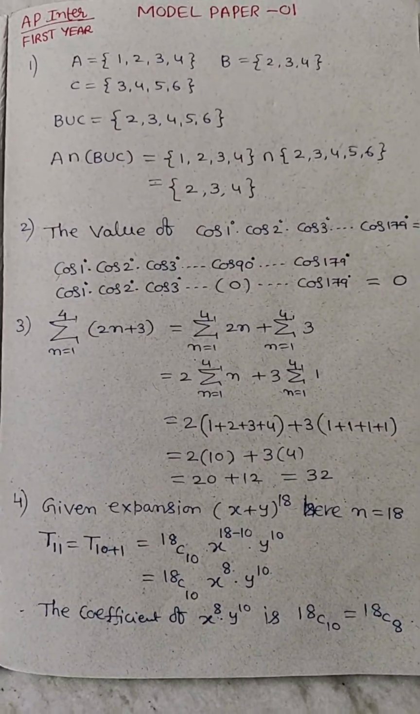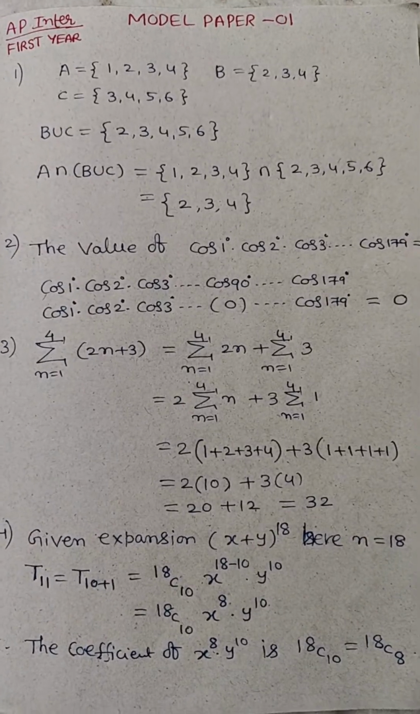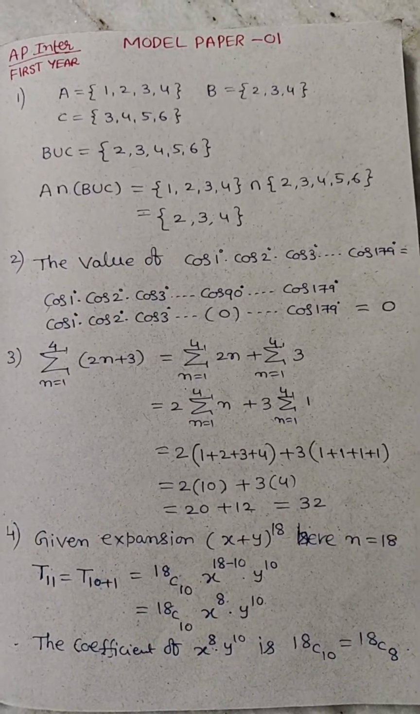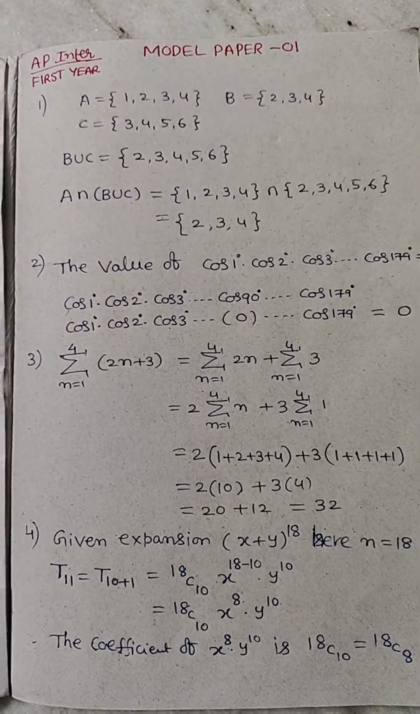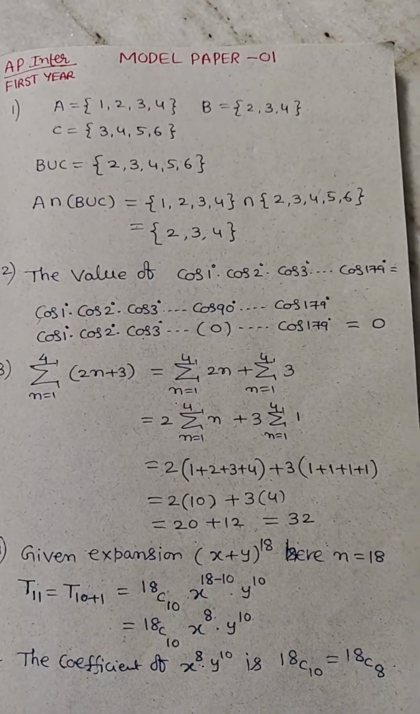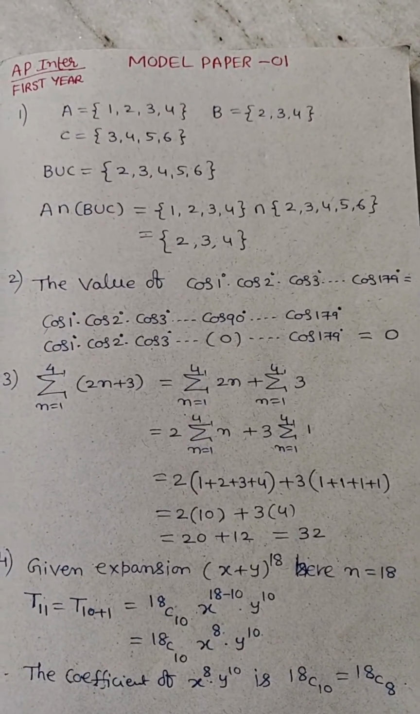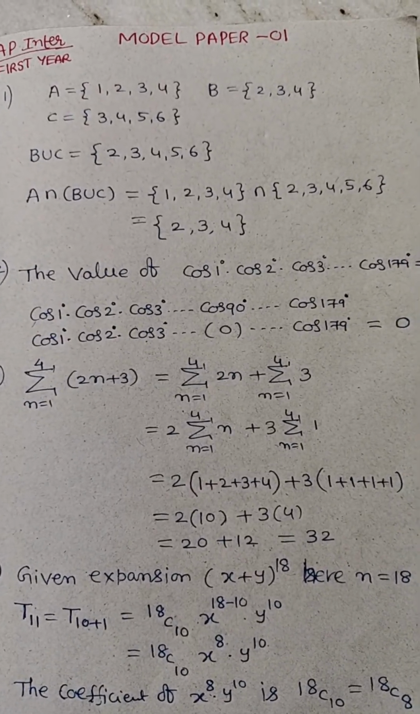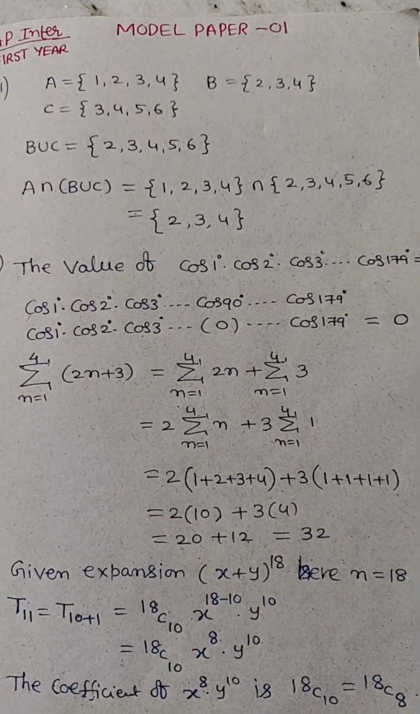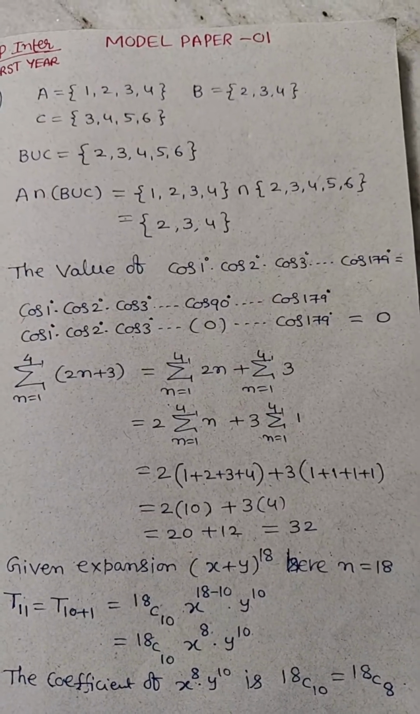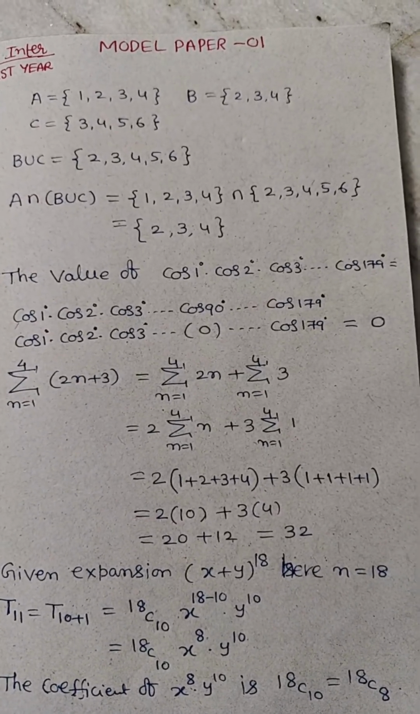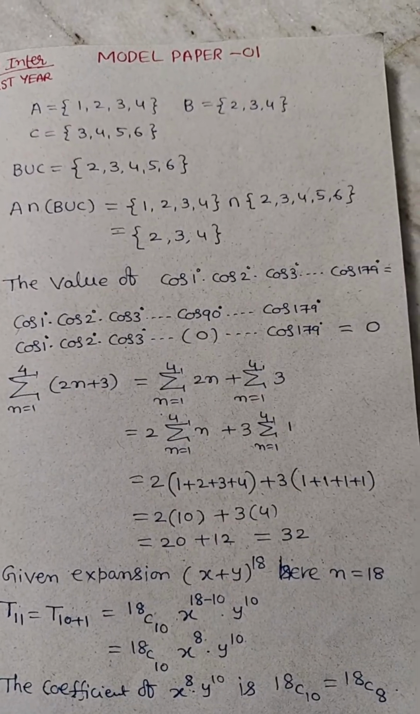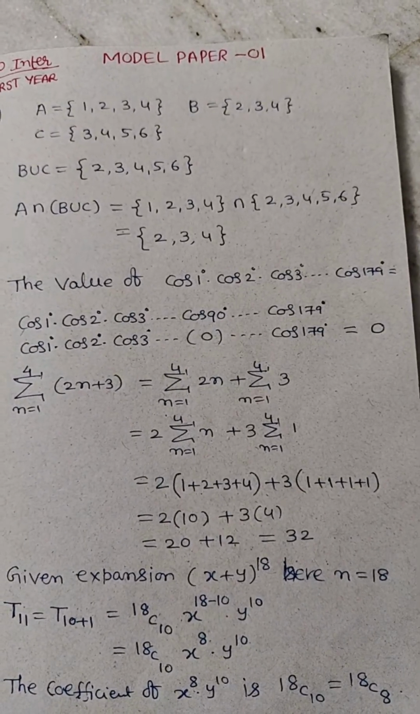Now question number 3. Find the value of sigma n equal to 1 to 4 of (2n plus 3). First we have to expand. Sigma n equal to 1 to 4 of 2n plus sigma n equal to 1 to 4 of 3. So 2 is a constant, bring it outside, 2 into sigma n equal to 1 to 4 of n, plus 3 into sigma n equal to